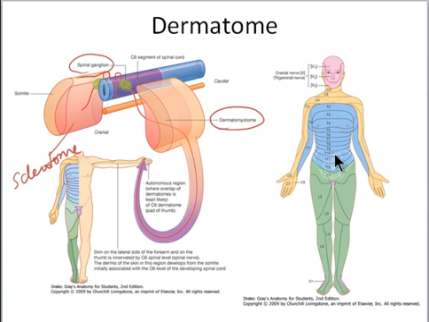So that's why we want to know about these dermatomes, how they become important, not only for just testing, but if a patient comes to you and complains of pain in the umbilical area, and they have fever, they have vomiting, and they have typical signs of appendicitis, you immediately know that it's not just something wrong with the skin, but some problem occurring deeper on. Okay? Okay, so that concludes this. So let's